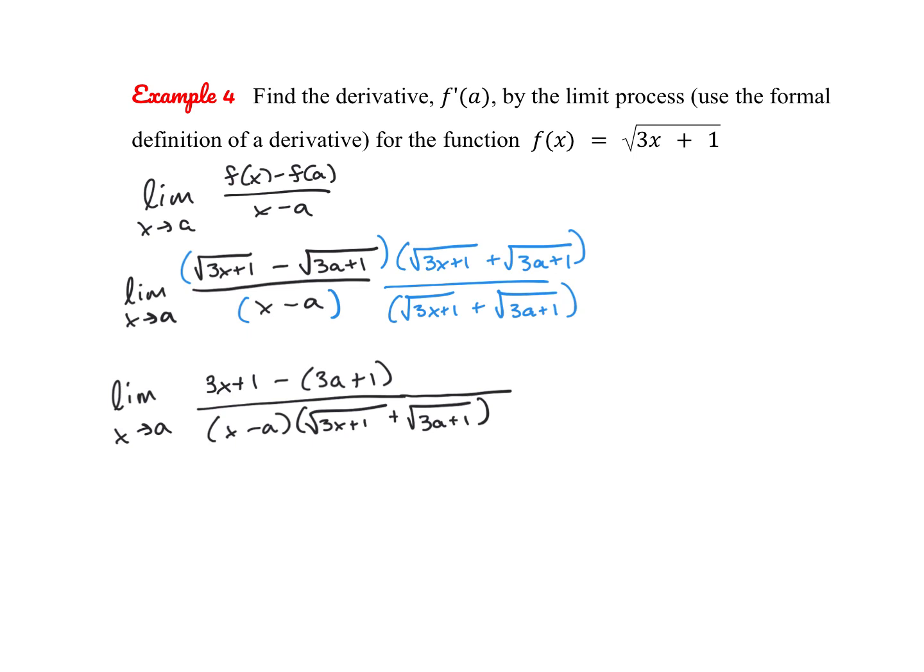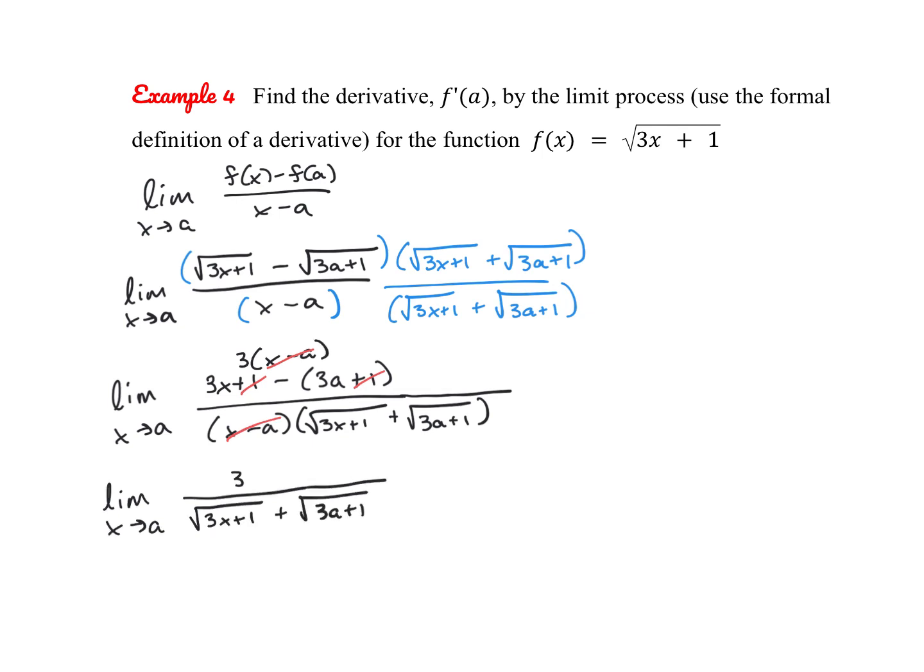So you can see in our numerator, the 1's cancel out, and we're just left with 3x minus 3a, so we can actually factor that. And when we do, so we have 3 times x minus a, you'll see that there's that common factor of x minus a. So we're left with 3 over the square root of 3x plus 1 plus the square root